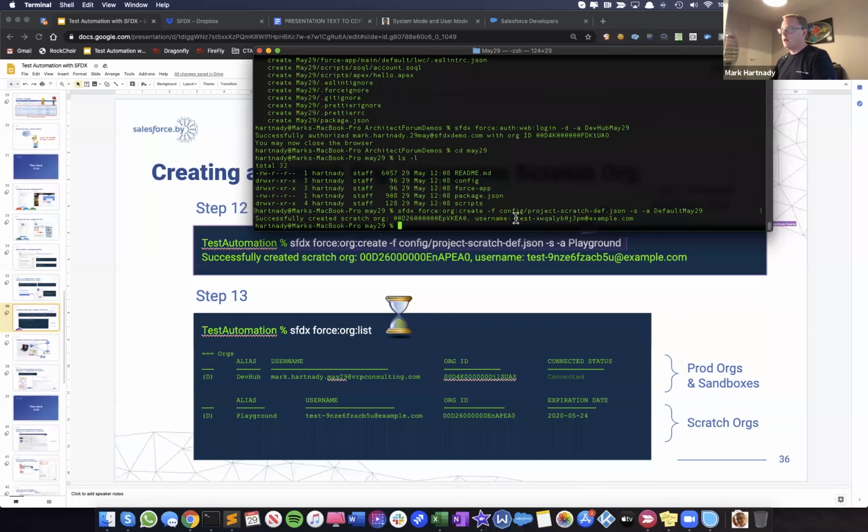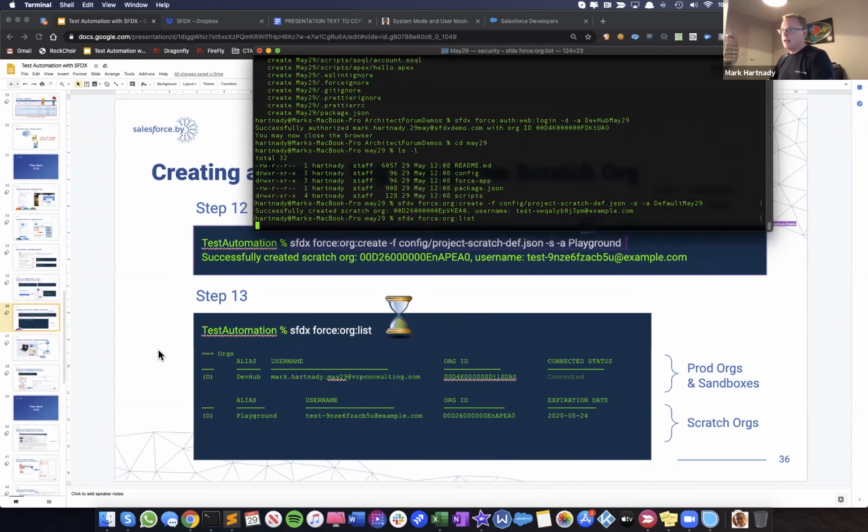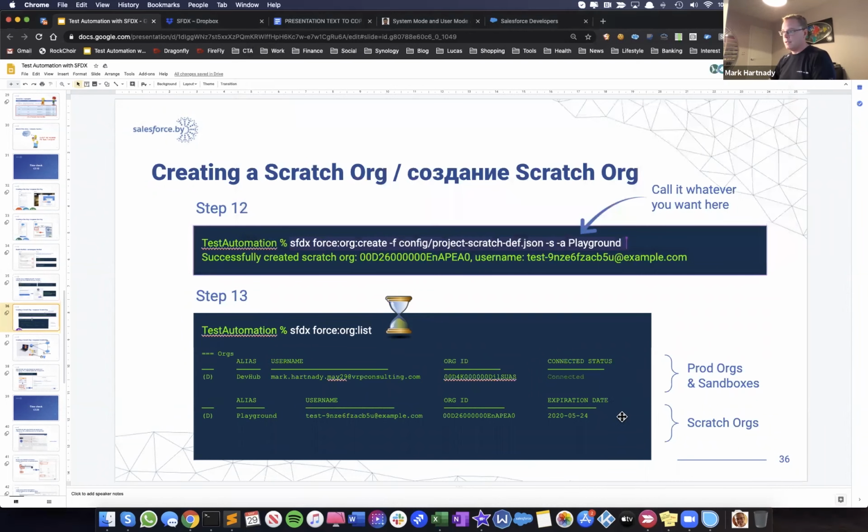Okay, so it's done that now. It's giving you authorization to log in. You've got a username to log into that Scratch org. And we've also defaulted it. So we've got a default dev hub linked to our Salesforce DX instance, and we've got a default Scratch org. If you now type force org list, you'll get a list which looks something like this,